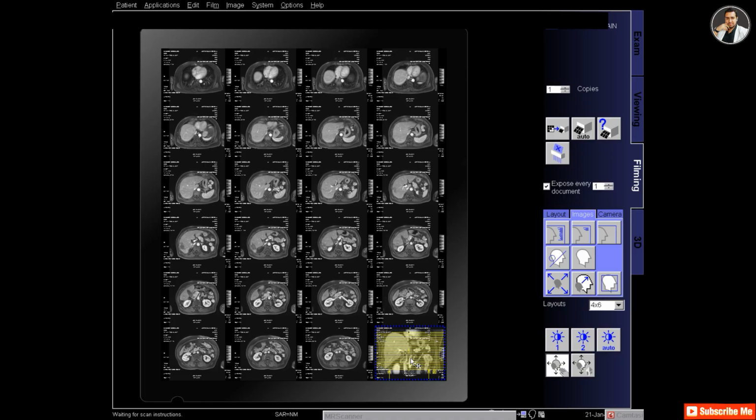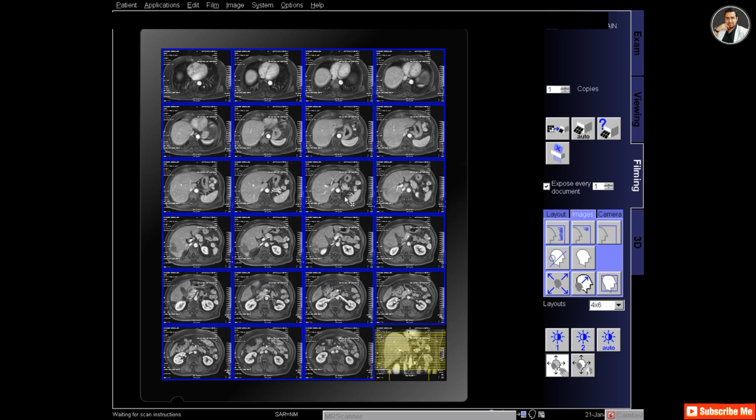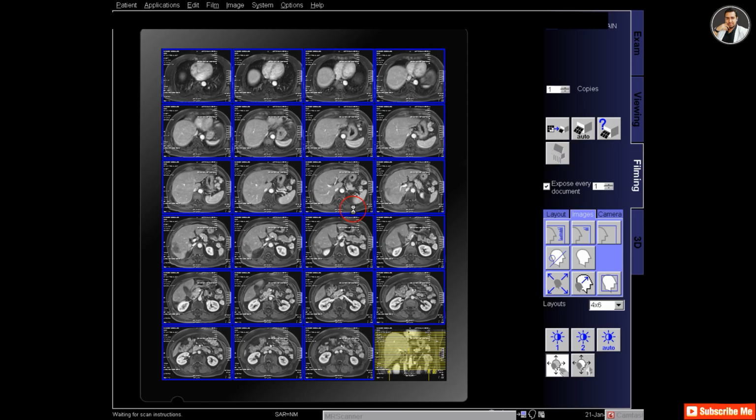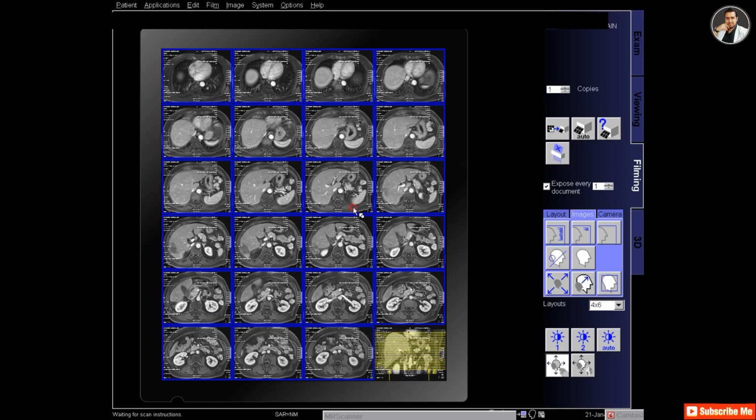Adjust the reference image and also adjust the portal vein images to fit in the segment. So this is the portal vein film for liver.